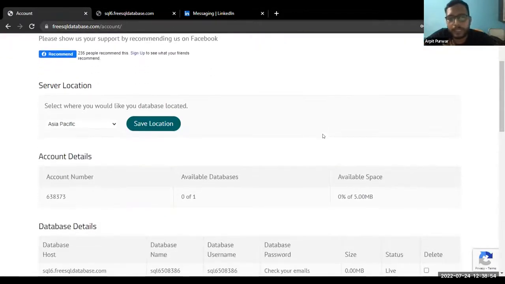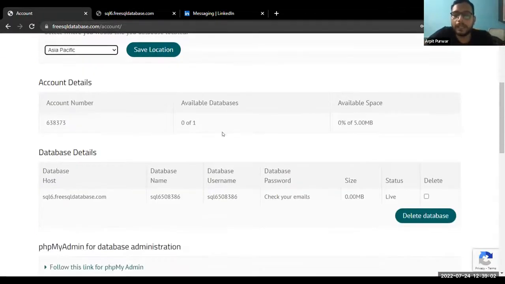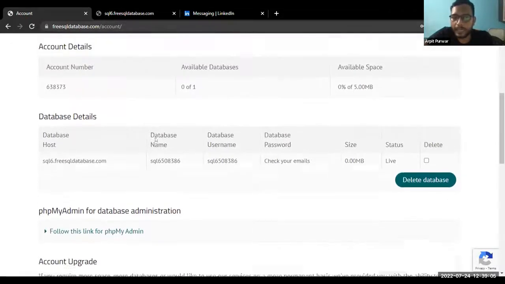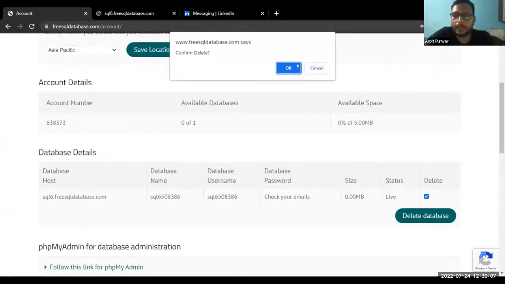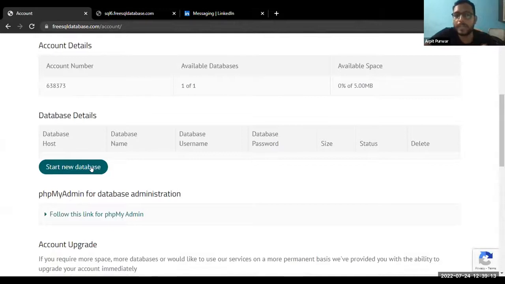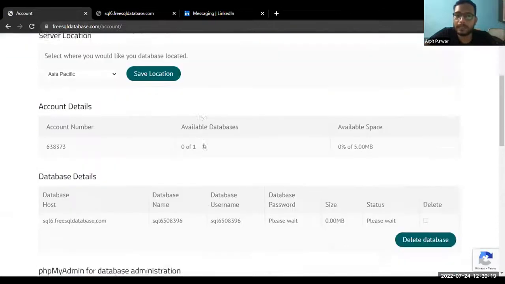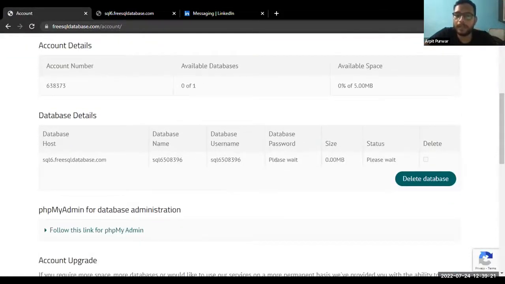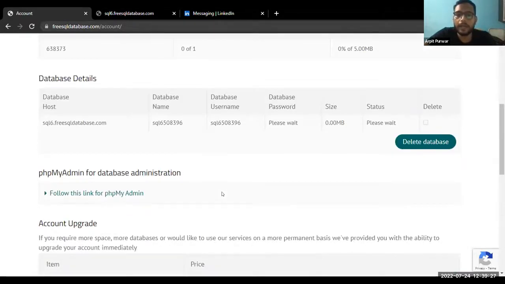yeah. So you have to first select the location right now. Sarad has already selected the Asia Pacific, but a new person has to select the Asia Pacific here. Then if you come down, you will see right now he has already created a database. That's why, okay, he's trying to delete it for you guys only. You can see that. Yeah, so start new database. This button will come for you. You just have to trigger this button, and this will take some time, and you will get the credentials on your email. The database password and all these things will come into your email. Okay, and let's just wait for a minute. And once you get that,